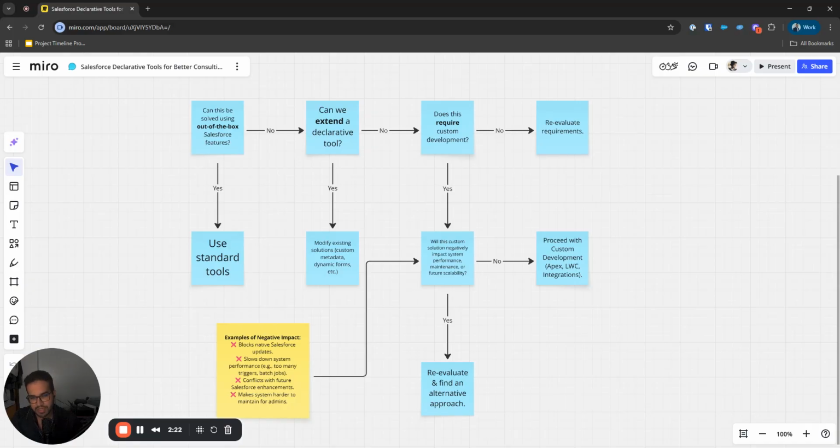So when we ask ourselves this question, or maybe we are brainstorming during the meeting or in an internal meeting after the client call, there are two options that we usually go to. Can this be solved using out of the box? Yes, then use standard tools. If no, can we extend a declarative tool? I will start with the yes because there's something that I want to share. When we say use Salesforce tools,